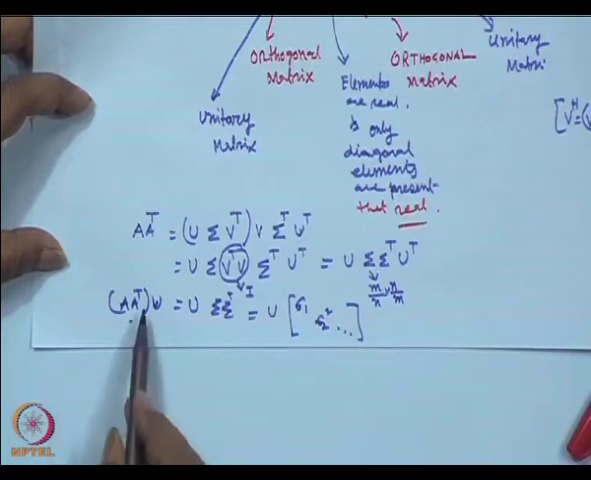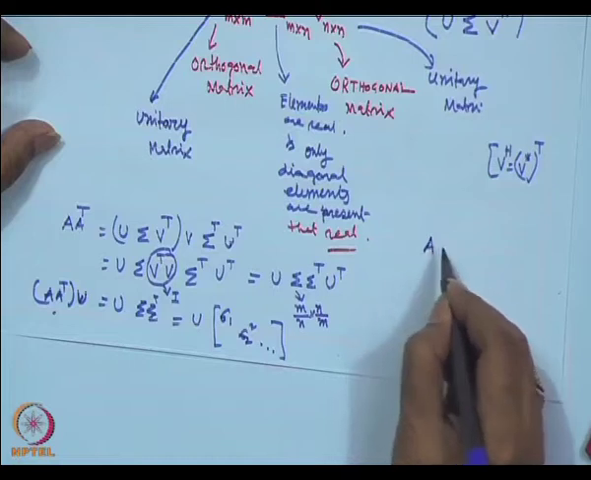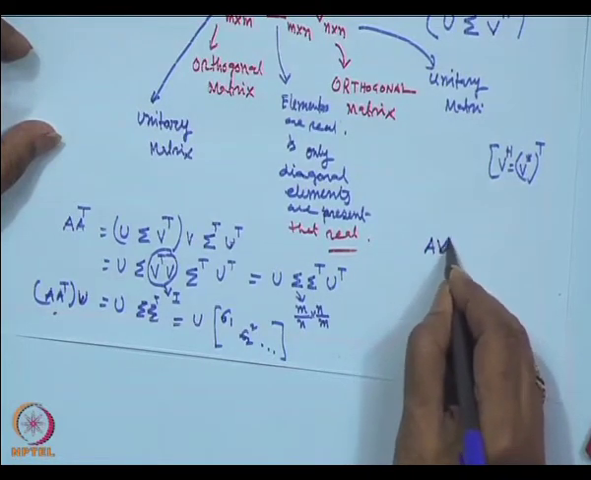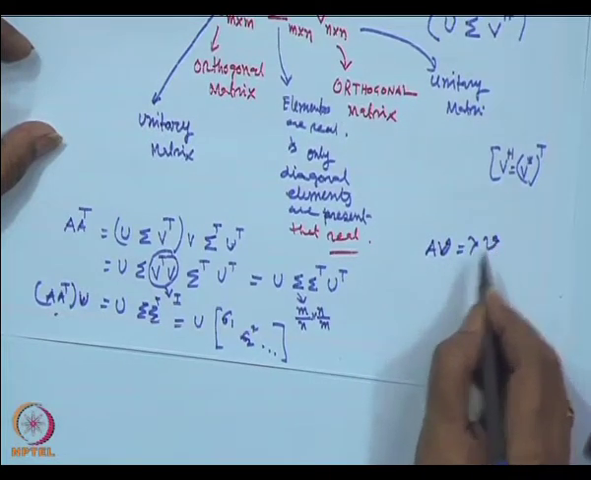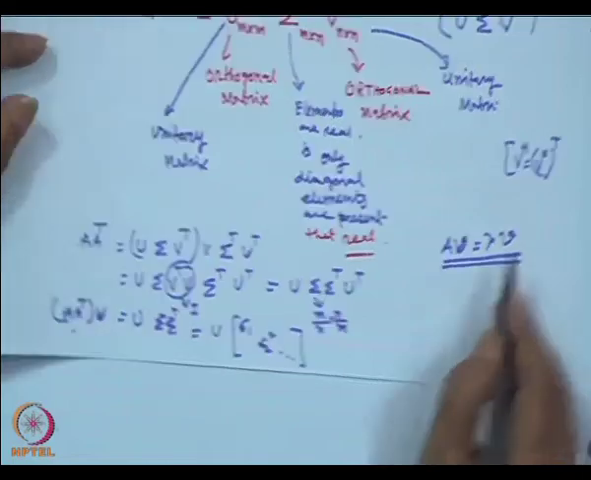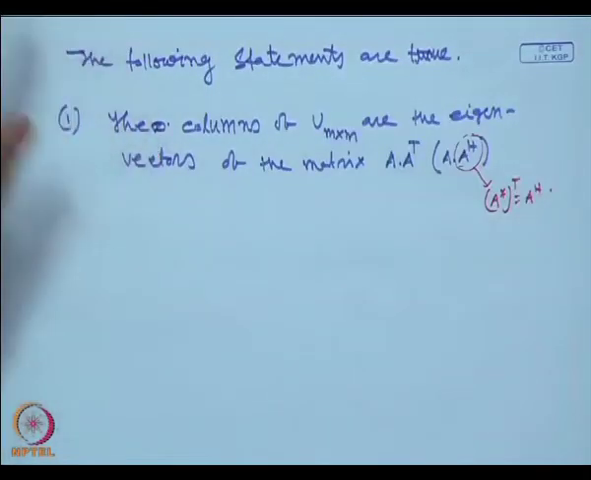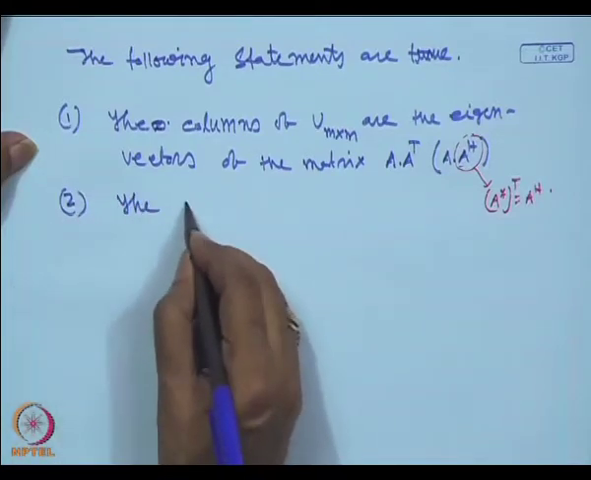Okay. So, you know the definition of eigenvalue and eigenvector: if A is a matrix, λ is an eigenvalue, and V is a vector, then A V equals λ V. Using the definition of eigenvalue and eigenvector, we can prove the statement of the first one. Similarly, we can say the columns of